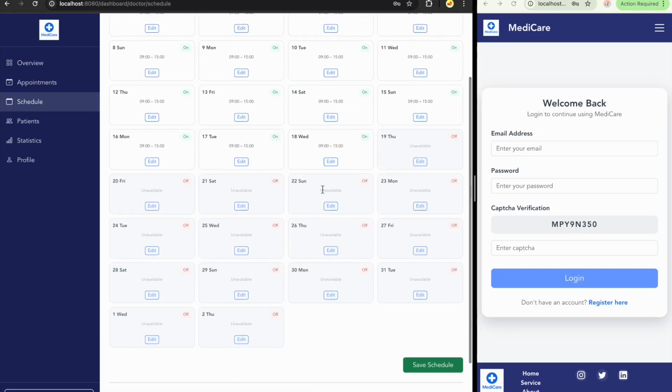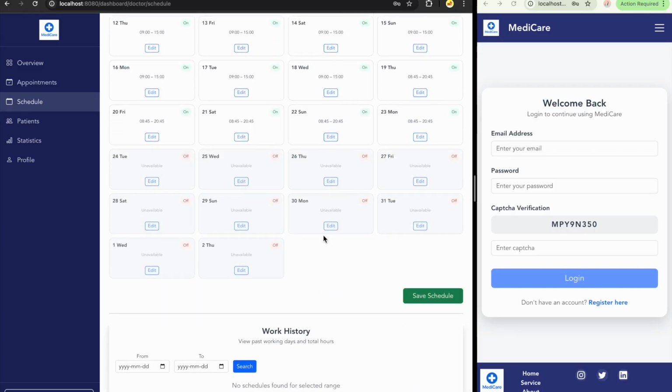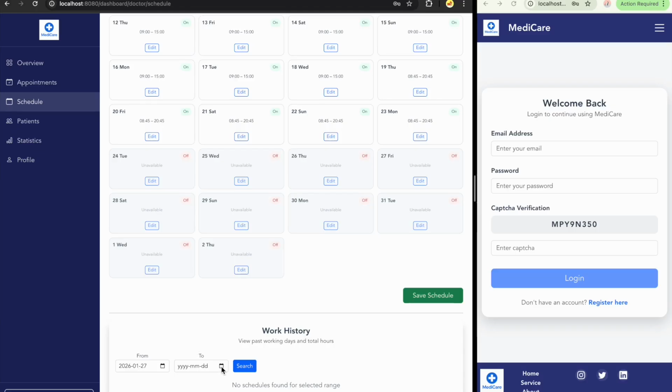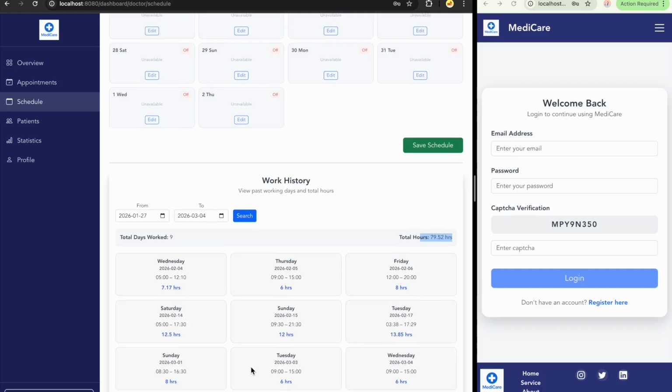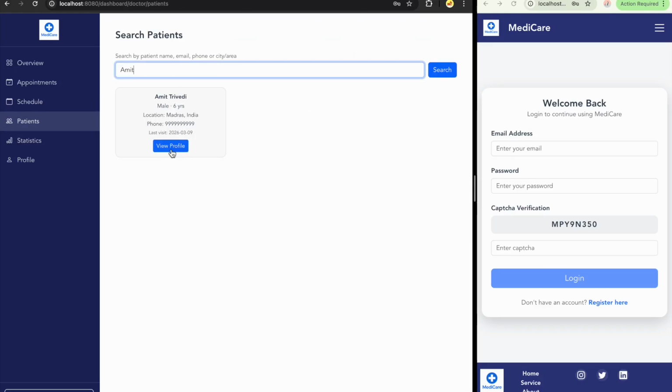Seems like it's pretty much full right now. Okay, 19th, 23rd. Okay, let's see, schedule updated successfully. And if they want to view their past work history, they can do it over here, total hours worked, and all the details. If doctor want to search for a specific patient, they can do it over here, and they